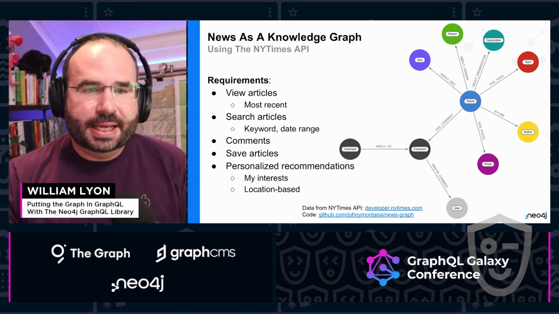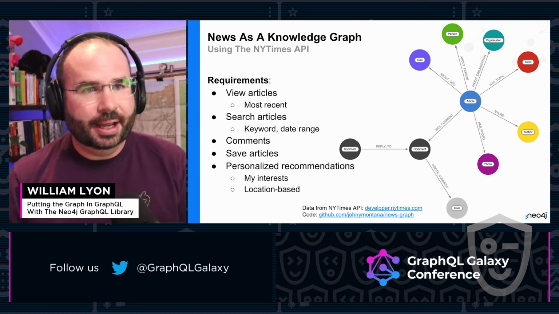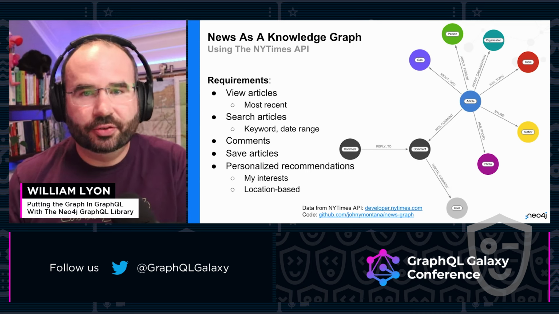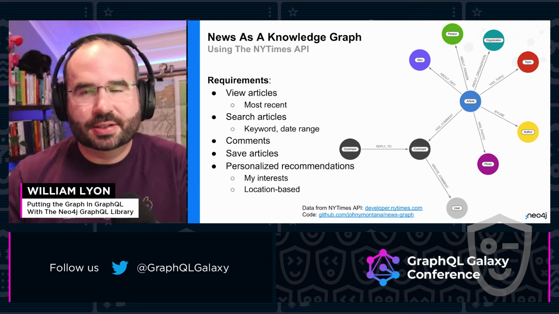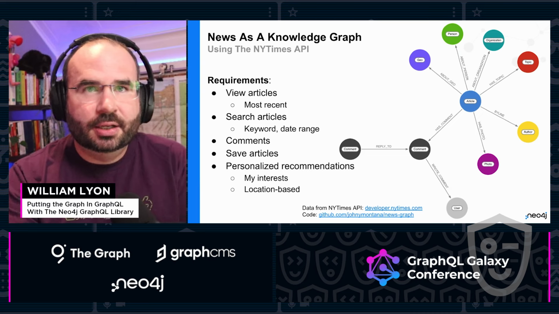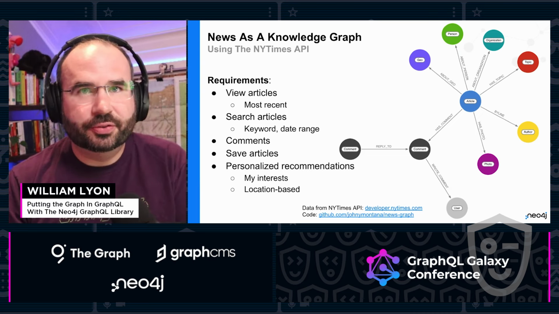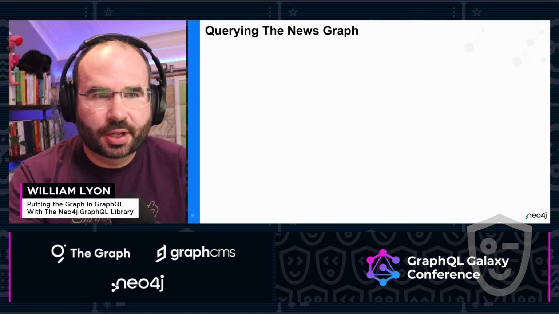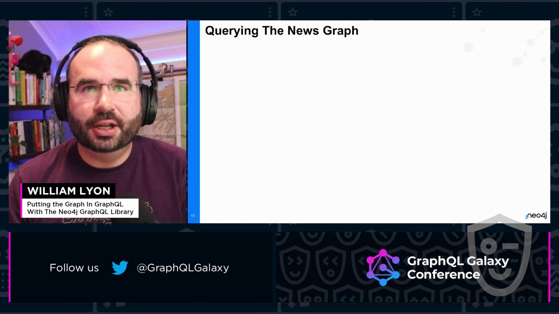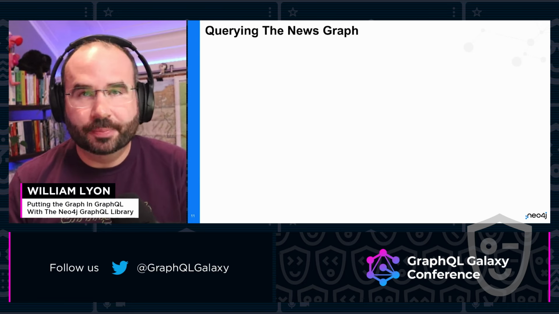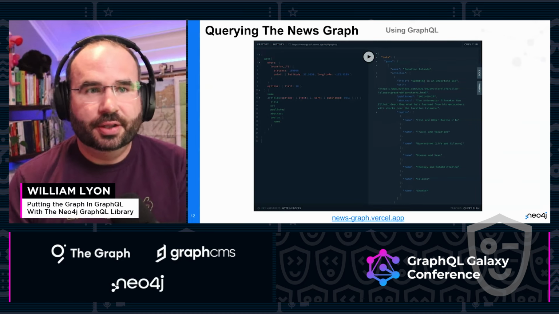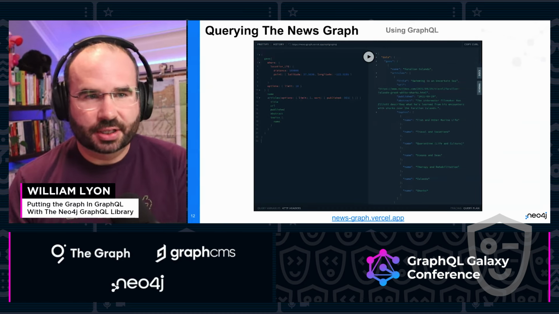So I pulled some data down from the New York Times API and built a knowledge graph of this in Neo4j. So we have information about articles, topics, people mentioned in the articles, this sort of thing. And I thought this was an interesting data set for a number of different reasons and a number of different applications. But what I want to use this today is to talk about different ways to query this news graph if I'm interested in building an application. So I could use GraphQL to query this news graph. In fact, there's a GraphQL API at